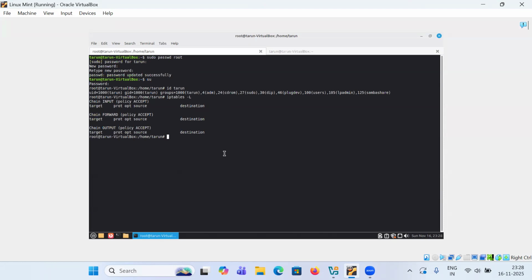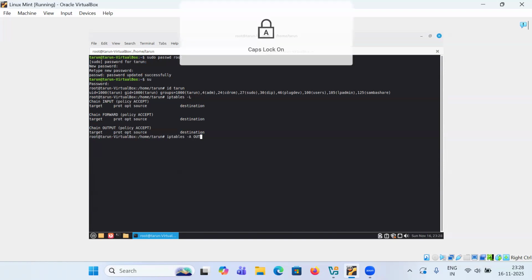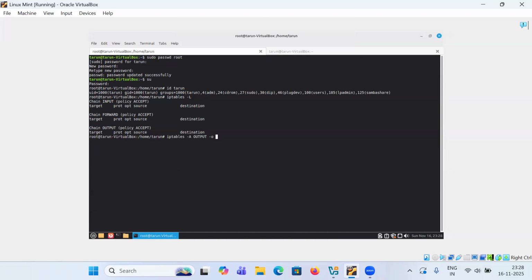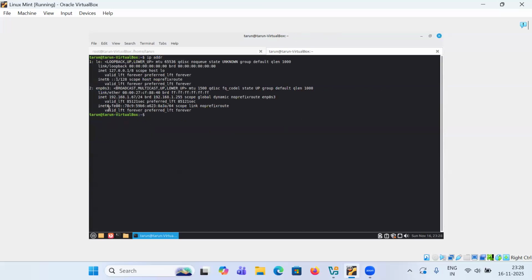And now go to the previous tab and implement iptables space minus A. A means we are appending the rules. Output, minus O. O stands for the Ethernet network interface from which the packet will be going outwards, and we have to type our enp0s3. Make sure you spell it correctly,